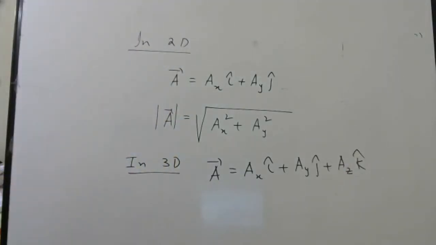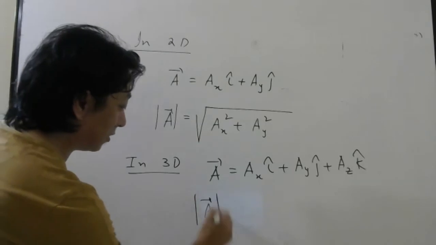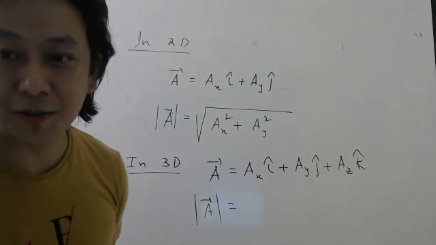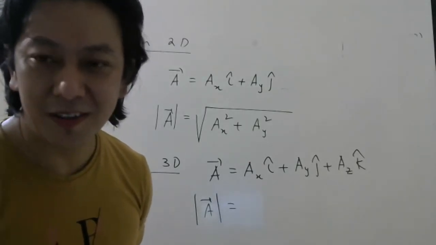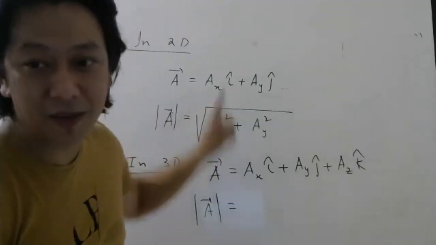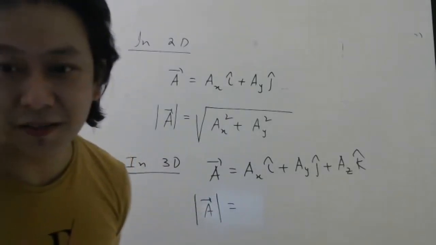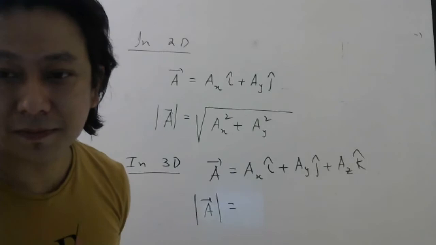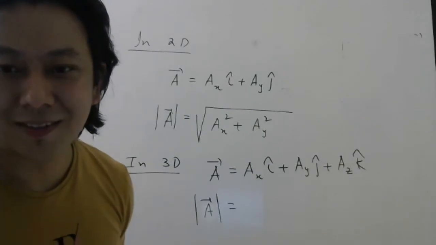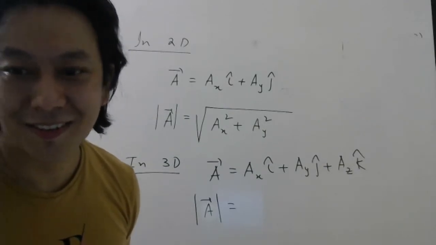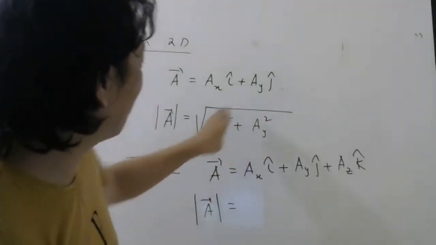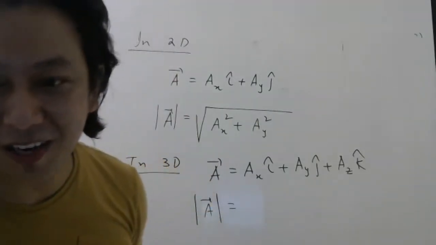Fine. Now I want to know the magnitude of this vector. How to write the magnitude of this vector now? Any idea what I should do? Derivation, there is no need to do. But if I write the magnitude of a vector this way in 2-dimension, in 3-dimension, how will we write? Cube root, huh? No. How will it be cube root? If this is the length of the vector in 2-dimension, in 3-dimension, how will you write?